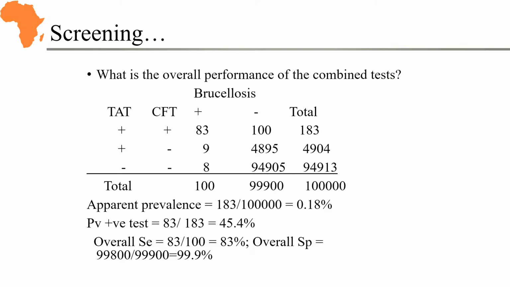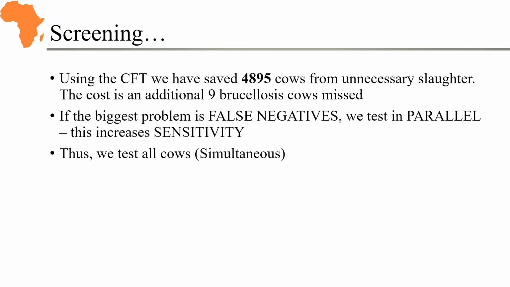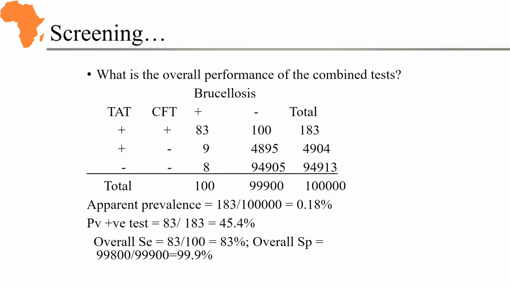Specificity is the total number that tested negative, over the population. Now, the next part, using CFT, we have saved 4,895 individuals, animals. How are we getting that? True negatives. So we will consider negative as